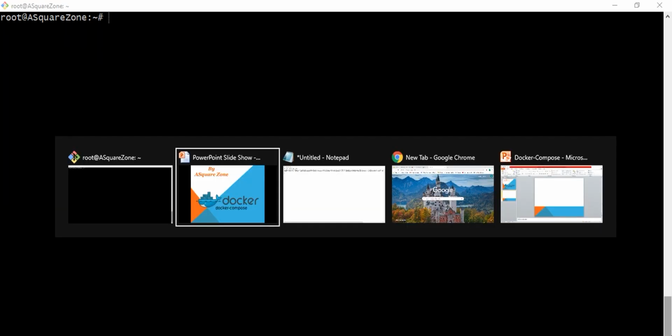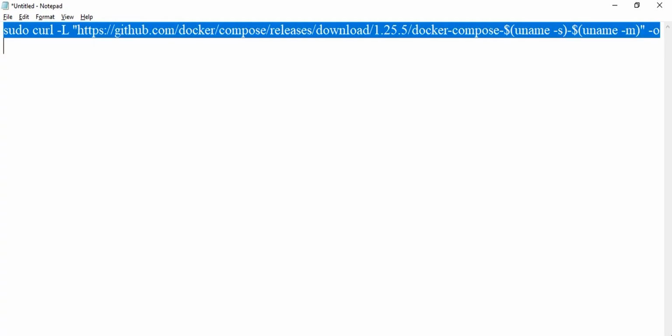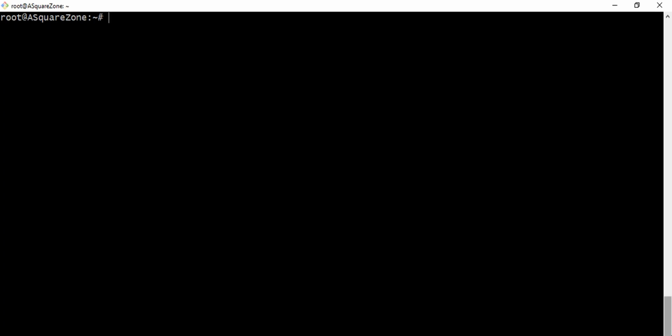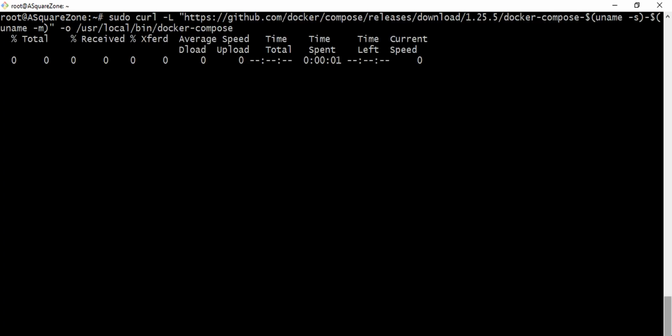So using one command, we can install Docker Compose on the server. This is the command to install Docker Compose on Ubuntu server: sudo curl -L, followed by the GitHub URL of the Docker Compose binary files.